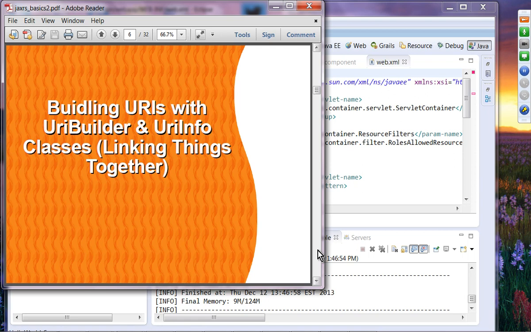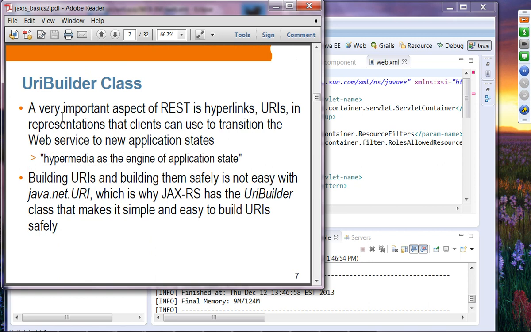So let's talk about what it means. As I mentioned before, a very important aspect of REST is hyperlinks, or URIs. Those are the representations that clients can use to transition a web service to a new application state. In fact, there is a statement that hypermedia is the engine of application state. So in your response, you should return hyperlinks as much as possible. So you are going to build these URIs as hyperlinks, and